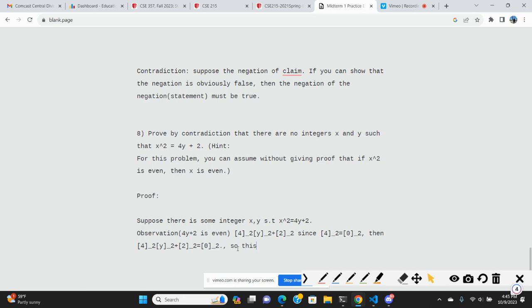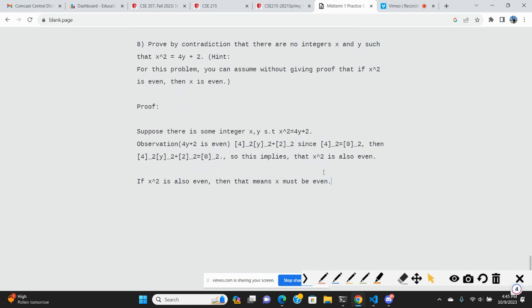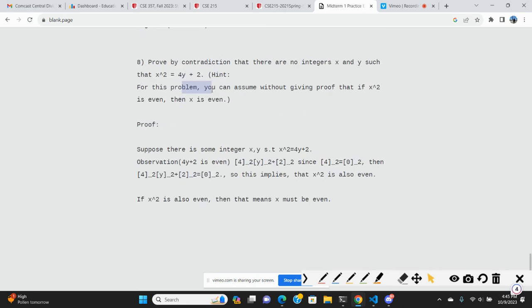So this implies that x squared is also even. If x squared is also even, then that means x must be even. From the hint, which is a relatively obvious hint, since the problem said you didn't have to prove it, you don't have to prove it. But in an actual problem where they don't say that, any assumption you make, such as x squared is also even, then that means x must be even,